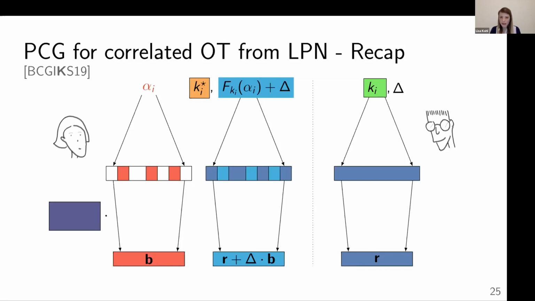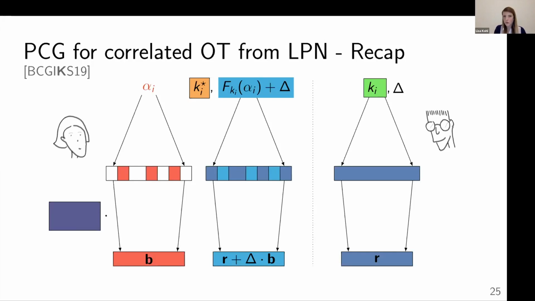So the more noise vectors we have, the more communication and computation is required. The receiver also chooses the delta, sends ki star as described to Alice, and then they can expand it. And then finally, locally multiply the matrix. Just because of the linearity of the LPN assumption, the output will actually be given